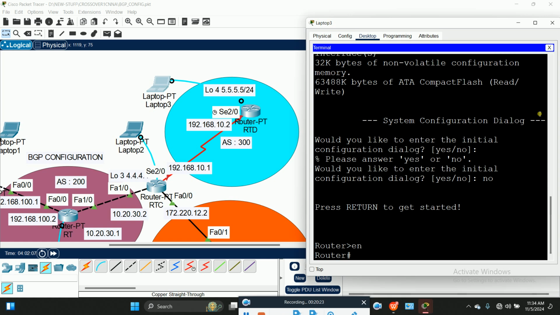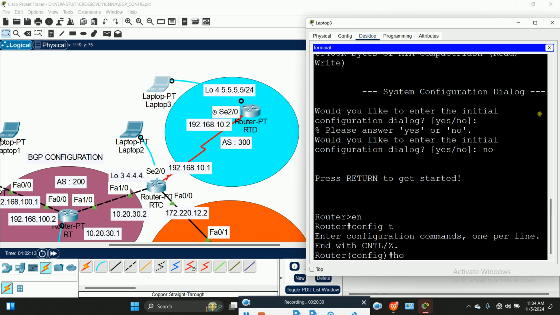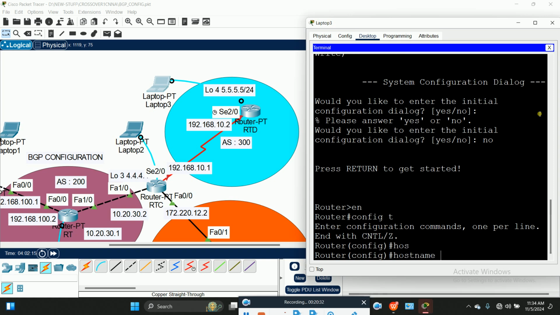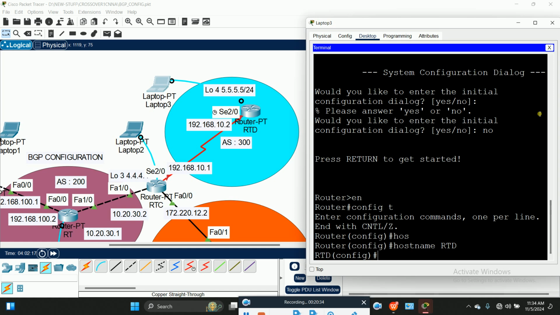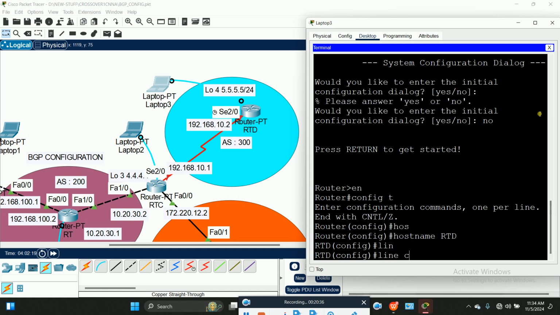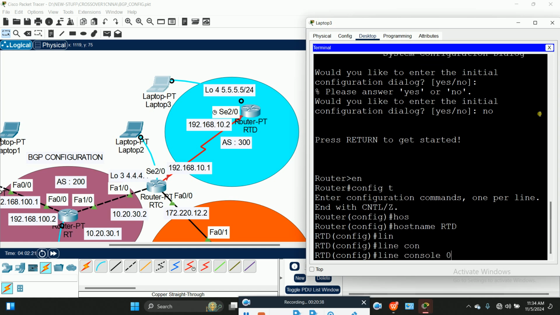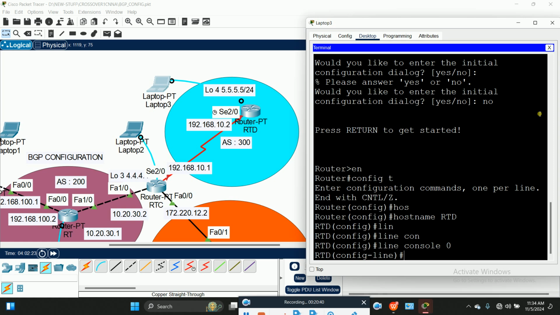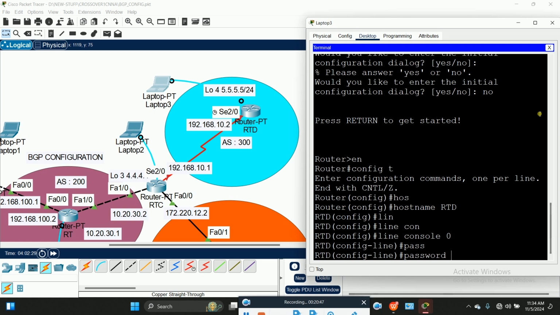Choose EN for enable, config for configure terminal, then the hostname, we have RTD, enter, the line. Don't forget about the line console because security is very paramount. It's very important for all of us to at least acquaint ourselves with it. So the password,